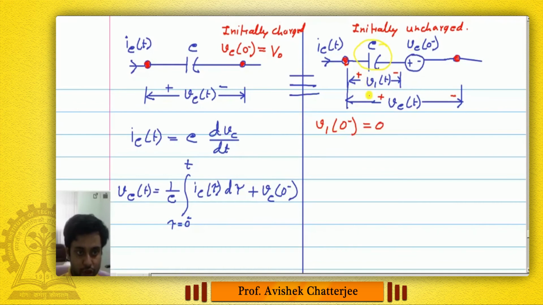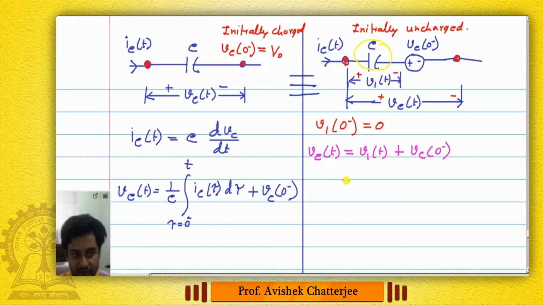That is because in this circuit, if I want to get Vc, that is equal to V1 plus this source voltage, which is taken to be equal to Vc(0-),